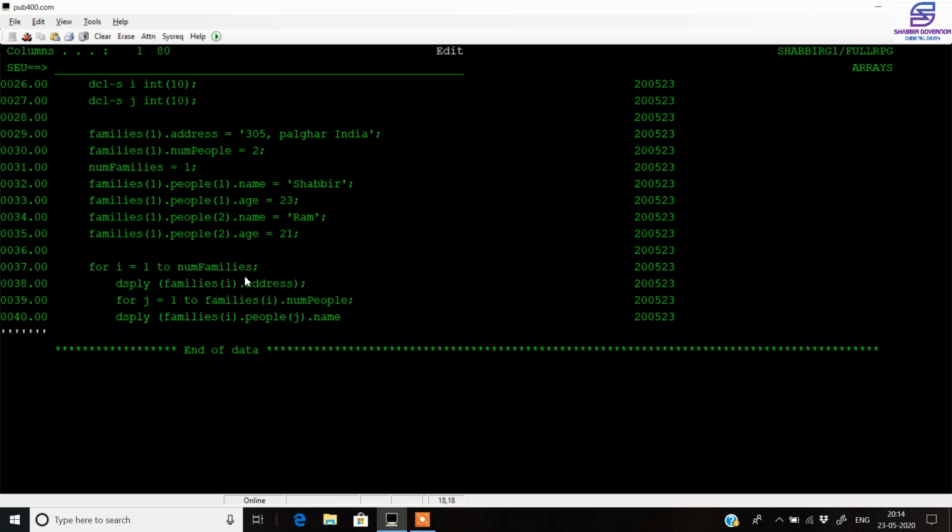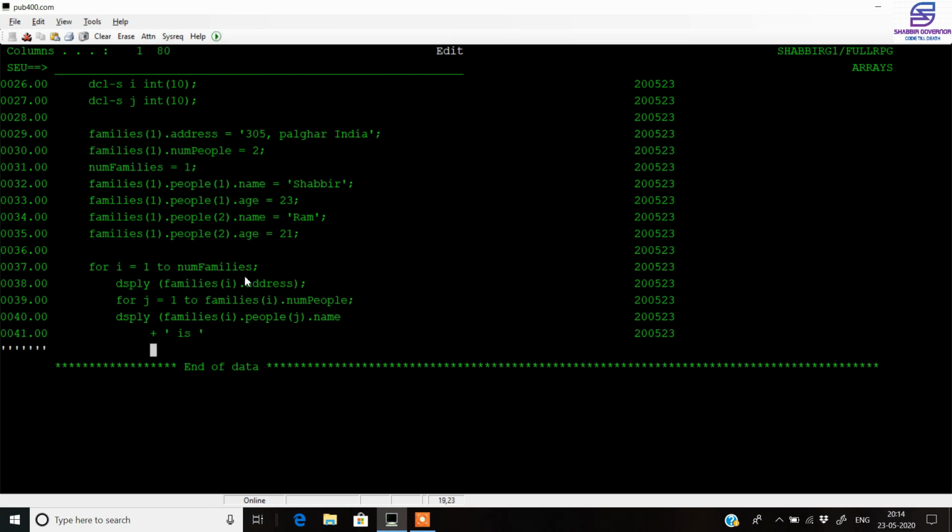We write the rest of the statement in the next line so that you will understand it properly. So for continuing it, we use the plus symbol and we write 'is' plus again.